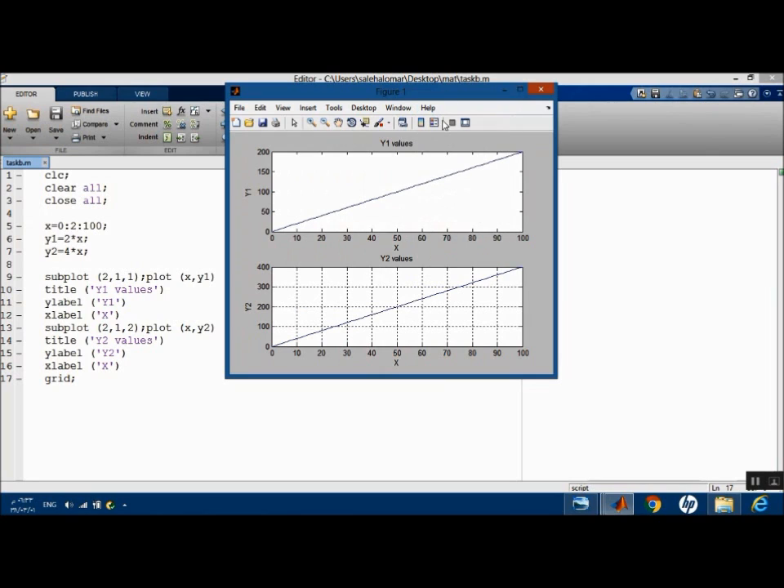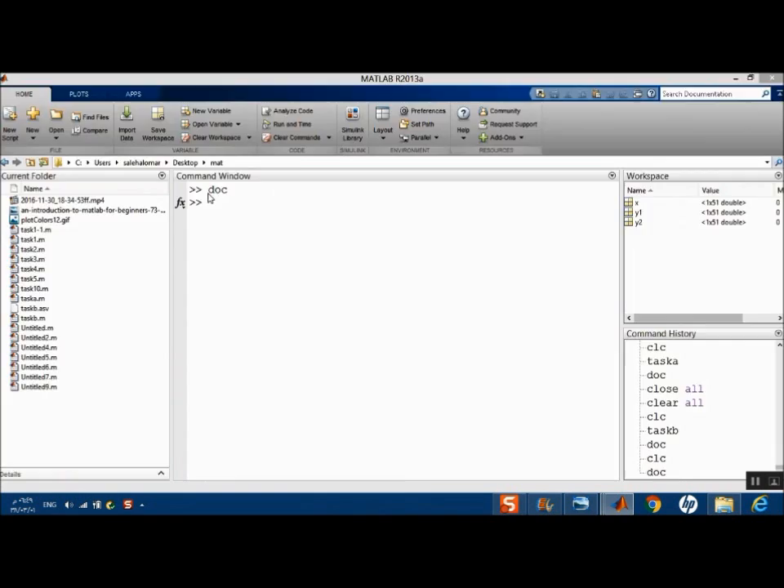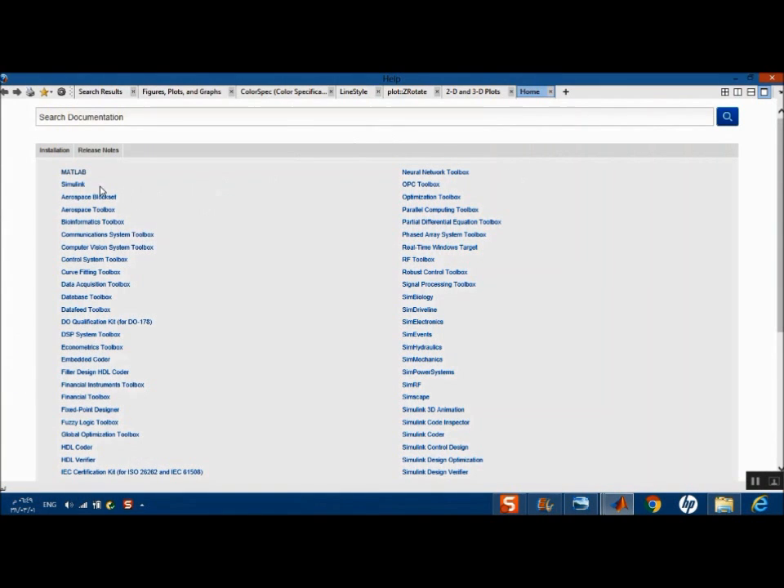Also the legend means the name of y1 and y2, as you see here, data 1, data 2. So you can also change the x label and y label or the functions of the graphs from the figure itself. For more information about 2D basic, write doc in the command window, press enter. You will have this screen. Go to MATLAB,